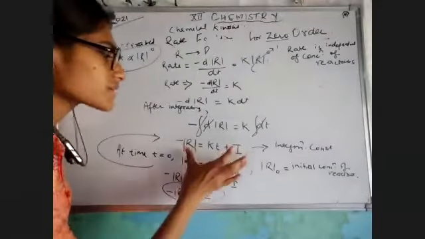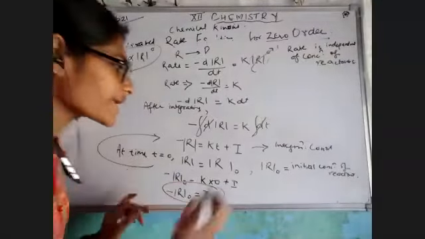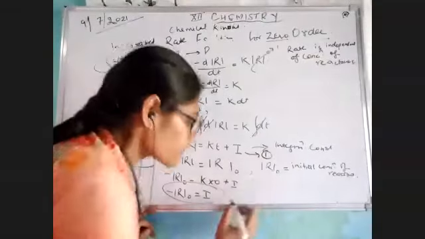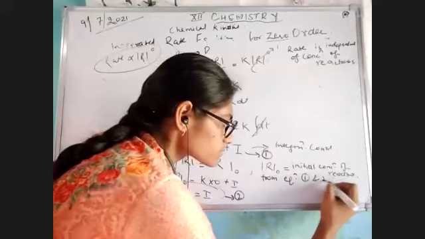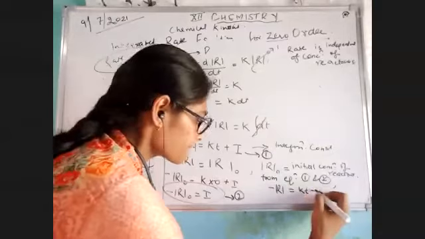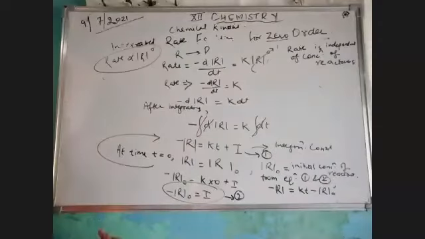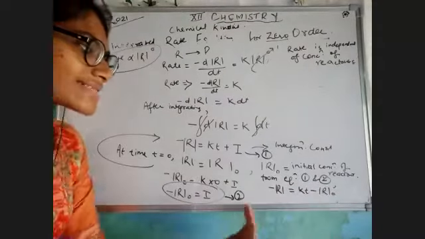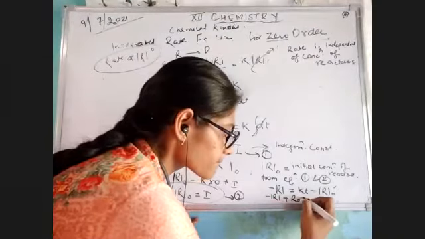All right. So I have just made the concept that we have to complete the equation in the form of r and r naught. So we're just going to put it in, and what would we get? I would write here from equation number 1 and from equation number 2, we can write minus r equals to kt and I is equals to minus r naught. Okay, so we would make both the r at the same side. What would we get? Equals to kt, and after rearranging, we will get